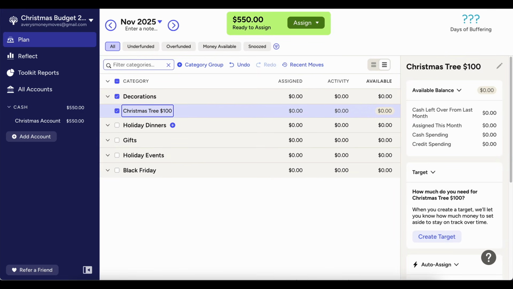Let me know, have you already set up your Christmas tree? I'm pretty strict about doing it right after Thanksgiving. Black Friday is when I put it up, and then I like to keep it up around New Year's. But let me know how long you like to do it for. My mom does something different every year. She's sometimes late, and it'll go up like a week before, and then it'll be up till like February. So yeah, different styles for different people.